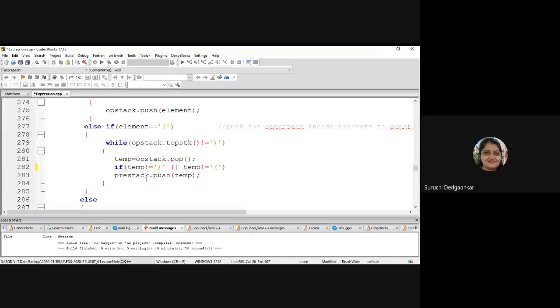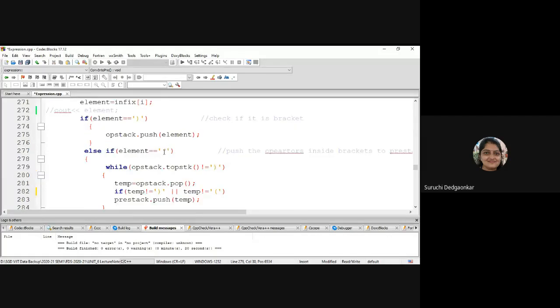All the other operators will be pushed into the stack from OP stack. So this is the second condition, the opening bracket condition.